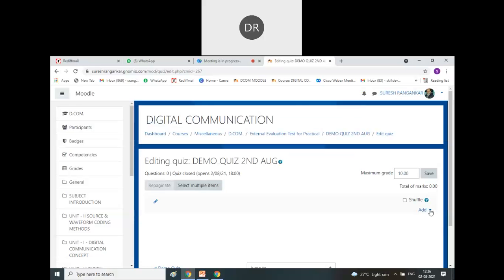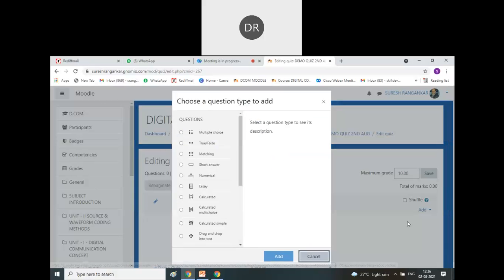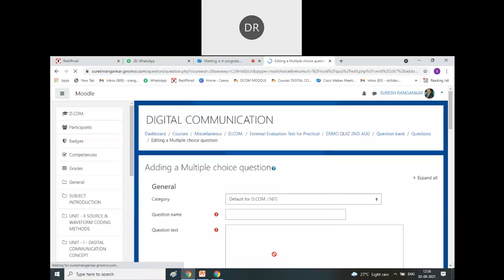Okay, I will show you the first one, single question. Then I will explain you how to set the quiz using the random question. So a new question. Okay, new question पर click करेंगे. Then you will find multiple choice, true or false, matching, short answer. There are different types of quizzes available. Okay, suppose for example, if we set the multiple choice, multiple choice को select करो, then click on the add.